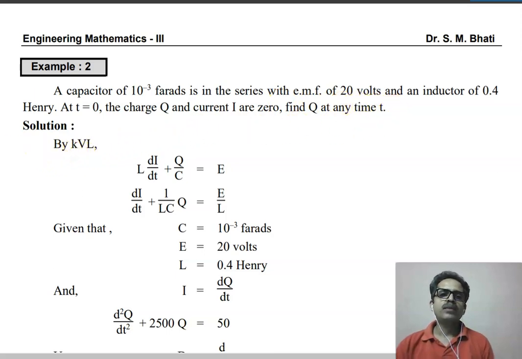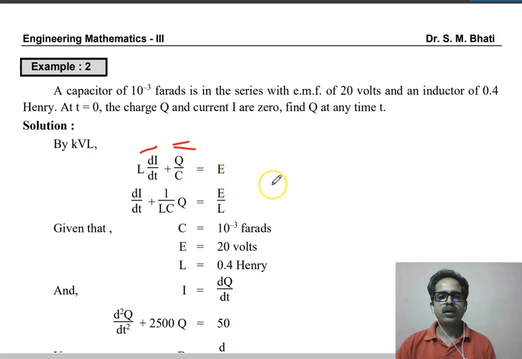So the given circuit is an LC circuit. So apply KVL, that is, apply Kirchhoff's voltage law. According to that, voltage drop across inductance L plus voltage drop across capacitance C equals the EMF supplied, that is a capital E. The voltage drop across inductance L is L di by dt. Voltage drop across capacitance C is Q by C, and the right hand side is the EMF supplied, that is a capital E. Now this equation contains I, t and Q as variables.